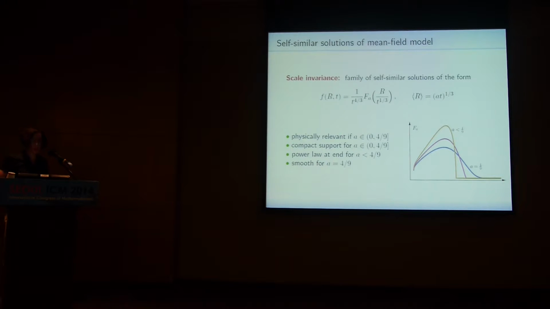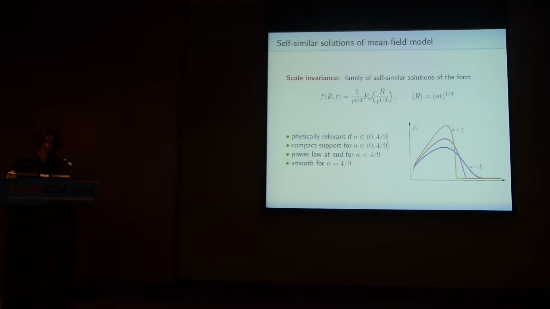Here, first you need to check, are there self-similar solutions? Self-similar solutions are special solutions of this particular scale-invariant form. I mentioned already the typical length scales evolve like t to the 1/3. This is reflected here in this rescaling of the argument, and you need a rescaling factor in front to keep the volume preserved. Because it's a non-local quantity, you also have this ansatz for the average radius. And this F_A, again, would correspond to the red curve in the schematic picture I showed you in the beginning. Now the question is, does such an F_A and a corresponding A exist?